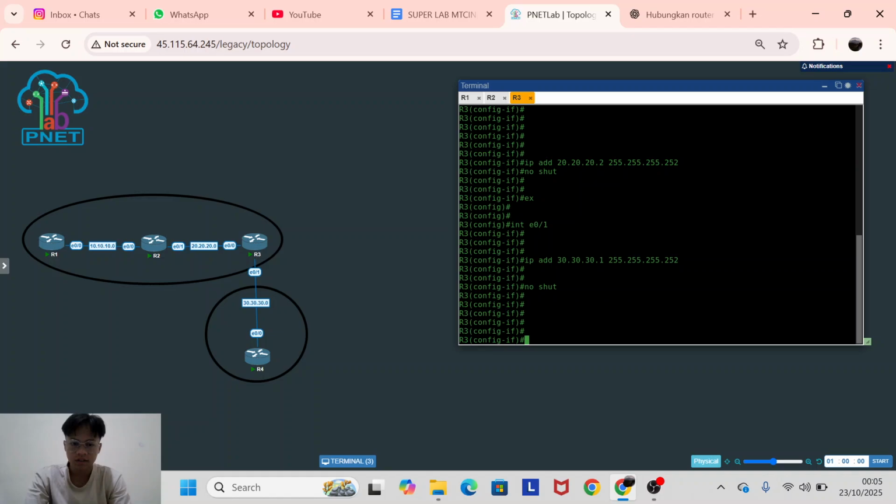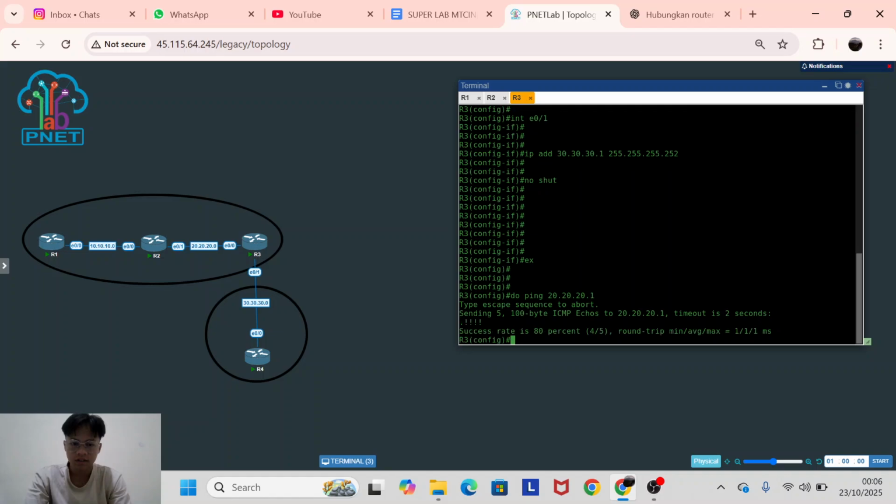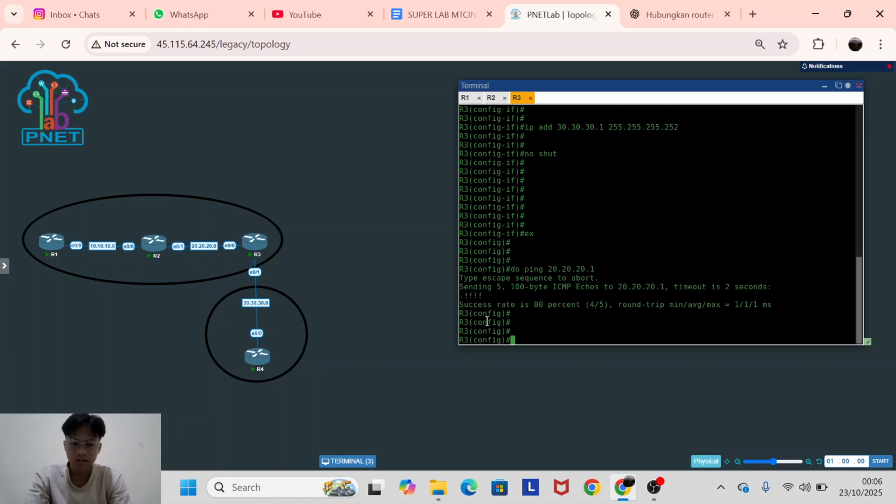Okay, now you can do a ping from router 3 to router 2. One second. Okay, it works.